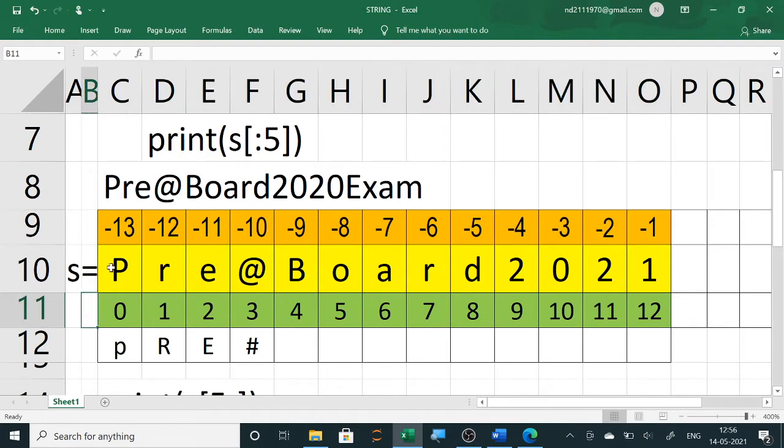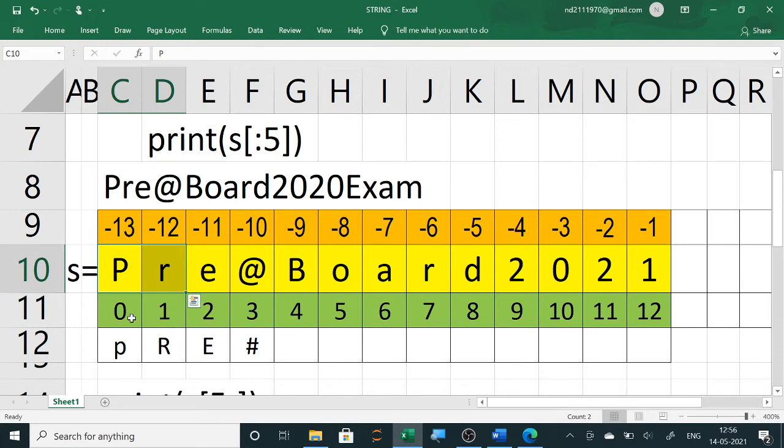If you want to access only P, we write S[0], that is S in square bracket 0. If you want to display only R, we write S[1]. And if you want to access both, we can use either slicing or multiple indexing.